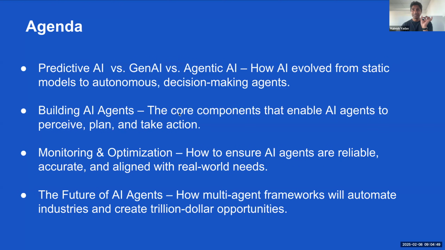Then we'll talk about building AI agents, the core components of a multi-agent system, how they come along. Then I will talk about monitoring and optimization, which we have never spoken before, because I learned from people who have gone through a few loops. Also, I'm seeing this new requirement in PRDs or in one pagers, where people are asking, what are the monitoring requirements for an AI agent? What are the AI agent optimizations that I am supposed to do, or what are the hooks I need to place in the product? And that should come from you rather than coming from engineering. So I'm going to talk about that.